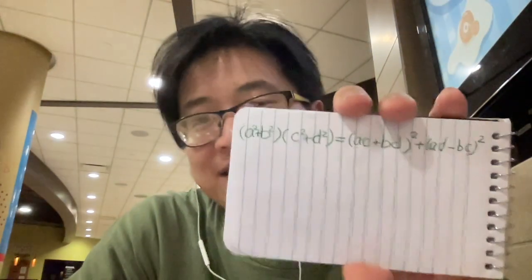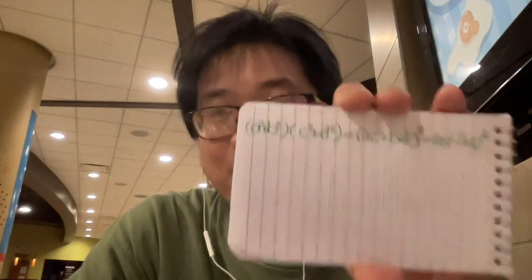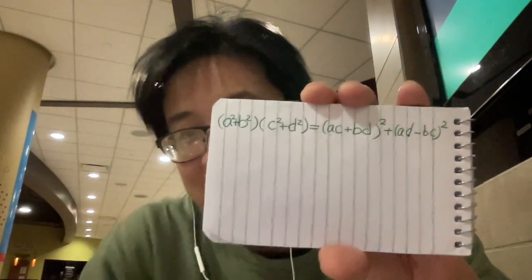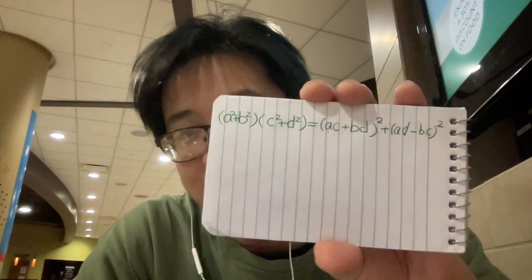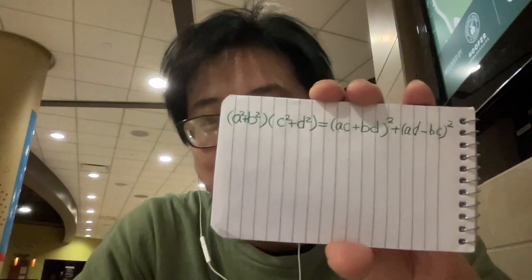The key to actually form a descent is by observing we have an equality of any numbers. Of course, here a, b, c, d are integers that we are focused on. So this very simple equality is the key to start our descent. I will just say it is a squared plus b squared times c squared plus d squared equals a sum of two squares. So if you look at this equation,